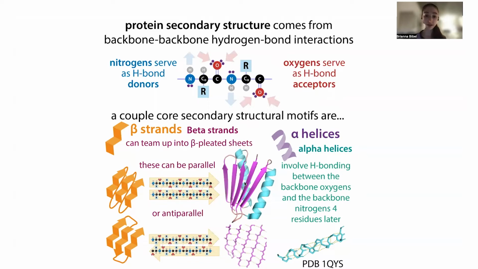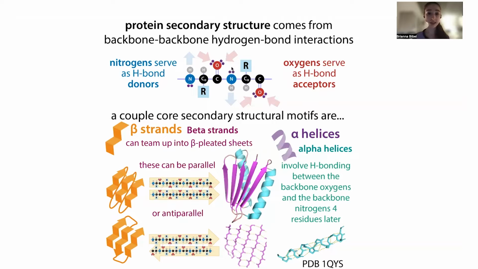And you'll often see these characteristic structures, things like these beta strands, which can form into these parallel or antiparallel beta pleated sheets, as well as these alpha helices, these short helices. And you get these characteristic structures because the amino acids tend to take on distinctive psi and phi angles that allow them to form favorable interactions with other amino acids. Because you have that distinct spacing of the amino acids, you have that same backbone throughout. And because the amino acids tend to like to take on specific angles, you end up with these specific structures